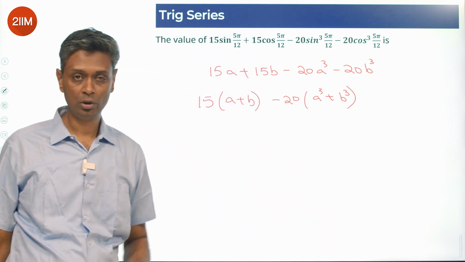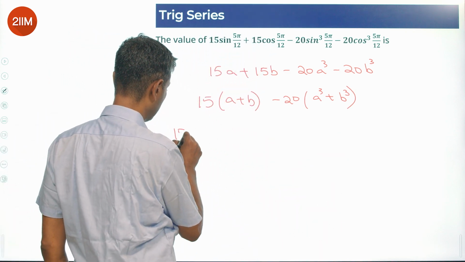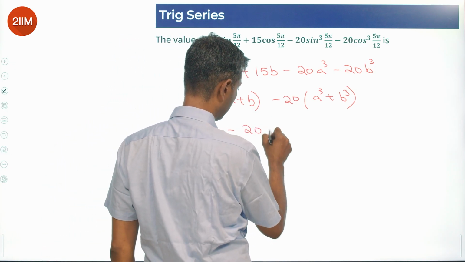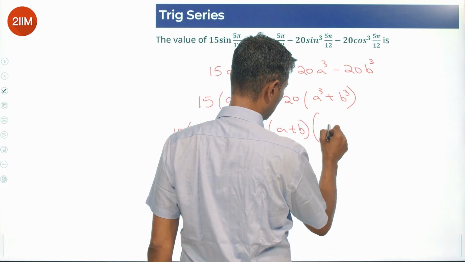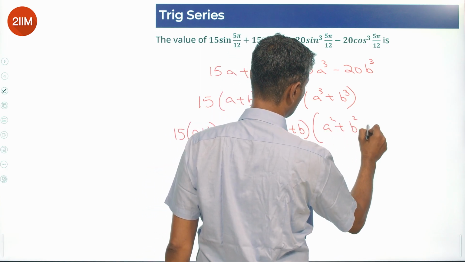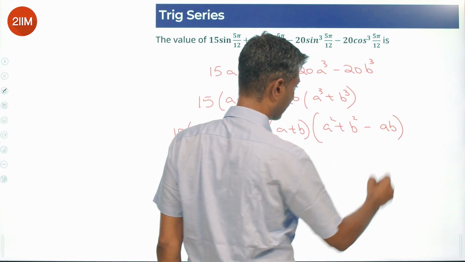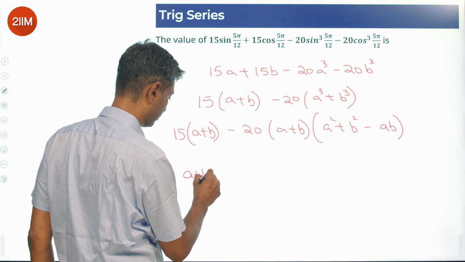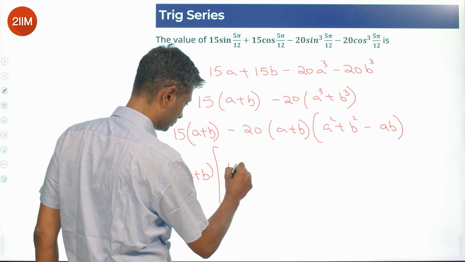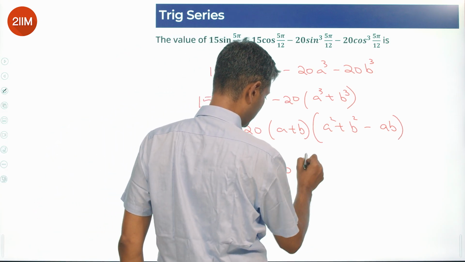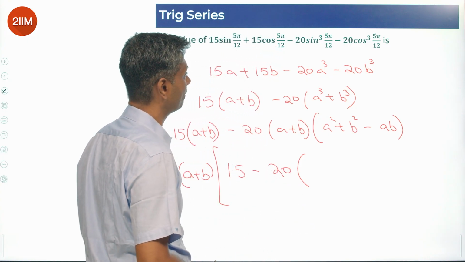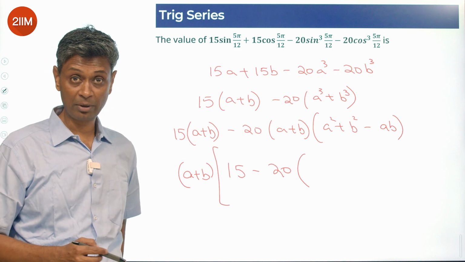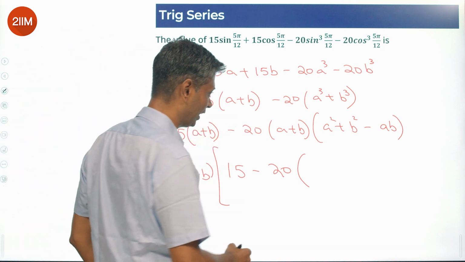This is useful because now I can say this is 15 times a plus b minus 20 times a plus b into a square plus b square minus ab. Or I can say this is a plus b into 15 minus 20 times a square plus b square, sine square 5 pi by 12 plus cos square 5 pi by 12, which I really like. That is 1